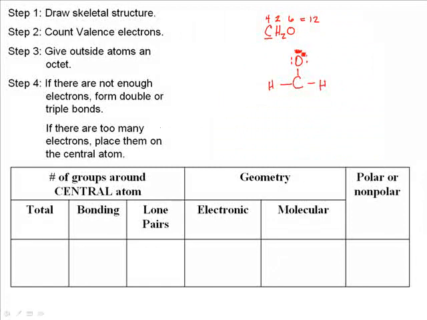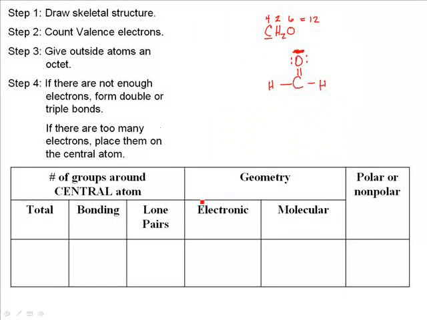Therefore, I'm going to take a lone pair from the oxygen and form a double bond. Now all of the atoms are happy. Carbon has 8: 2, 4, 6, 8, and oxygen has 8: 2, 4, 6, 8, and the hydrogens are happy